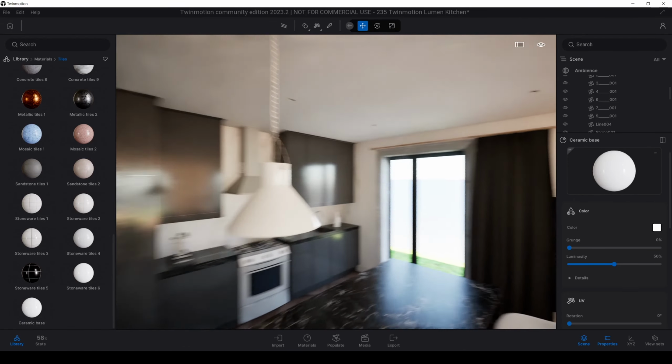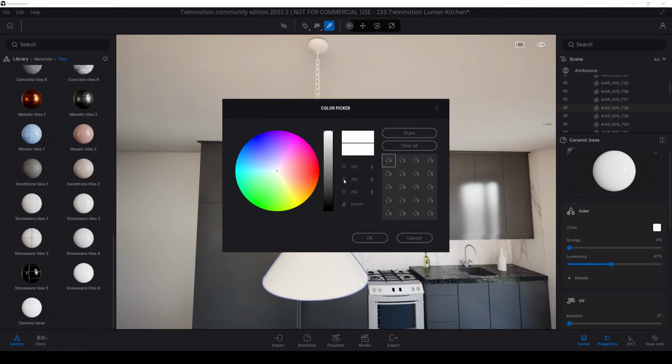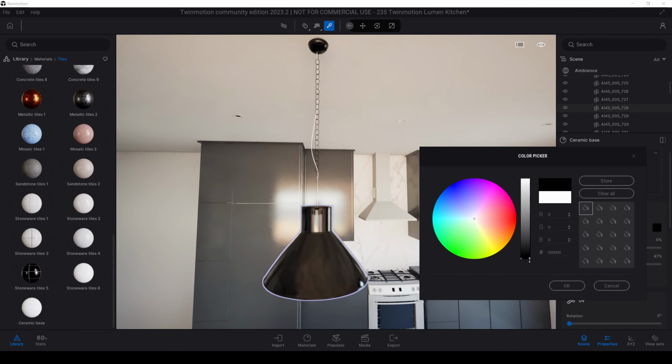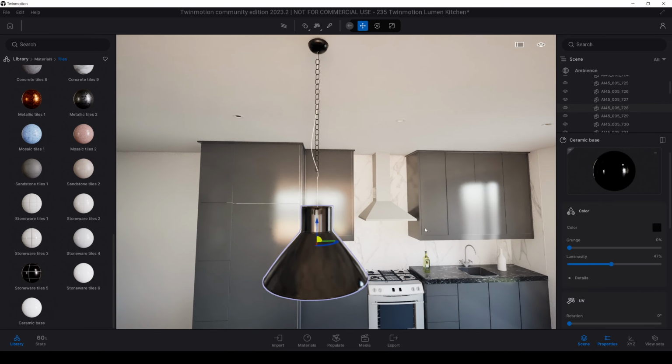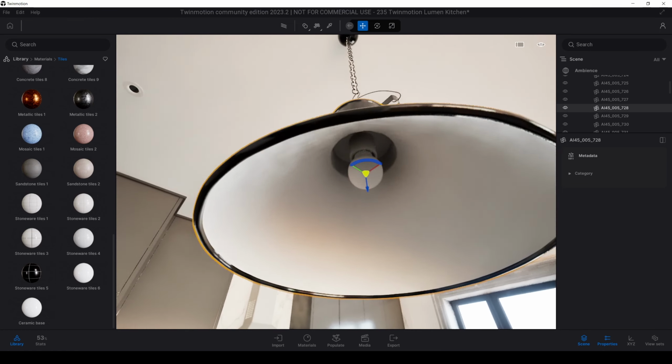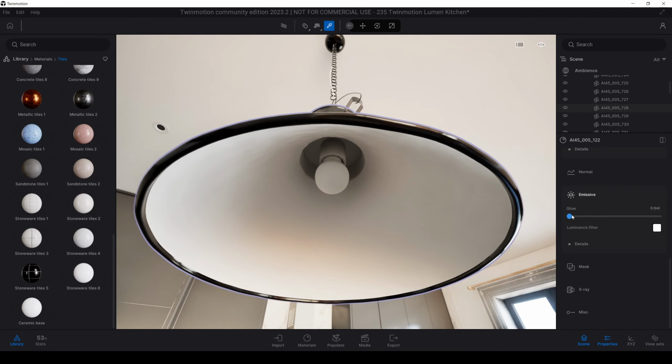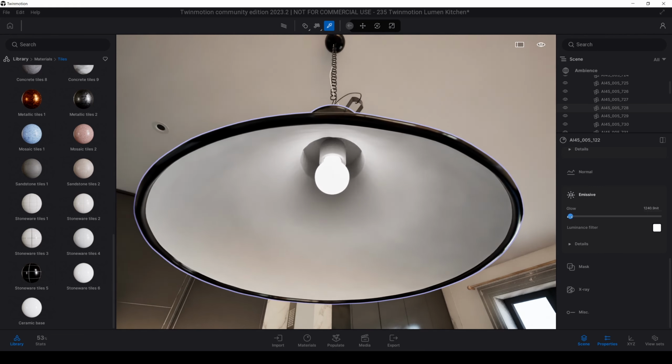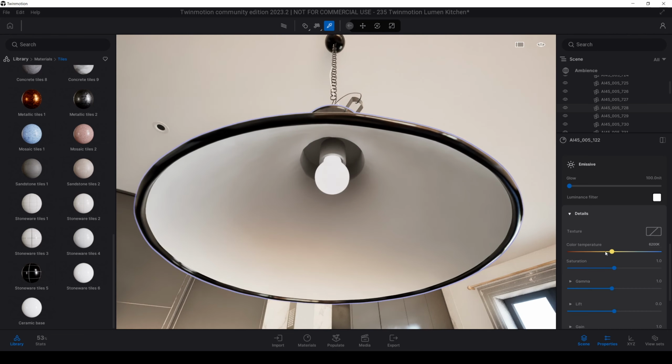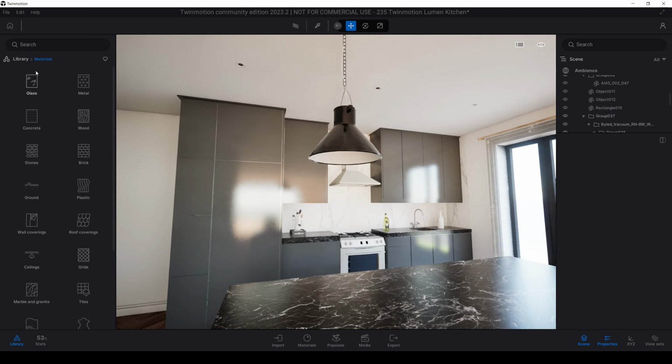We can use it directly. We can change its light also. And in addition to that,